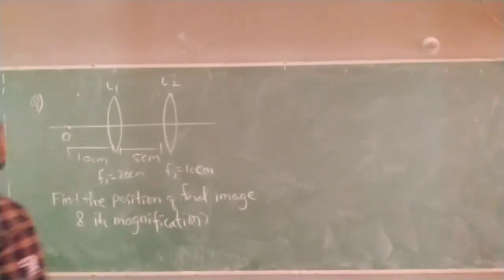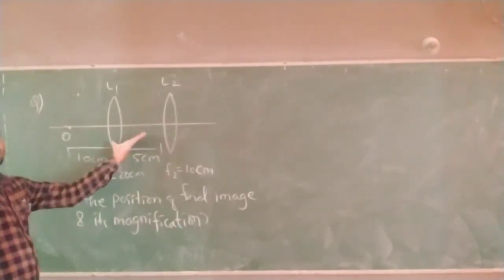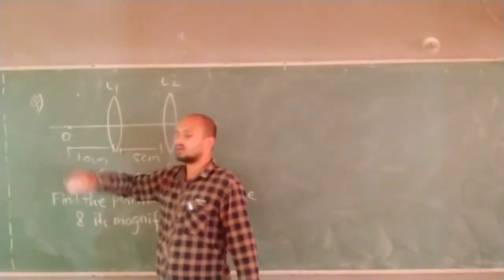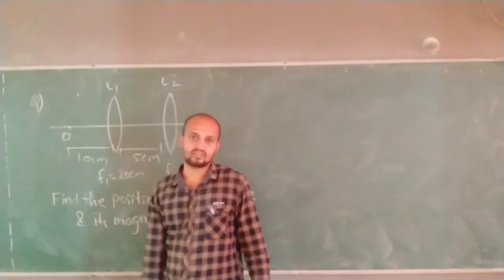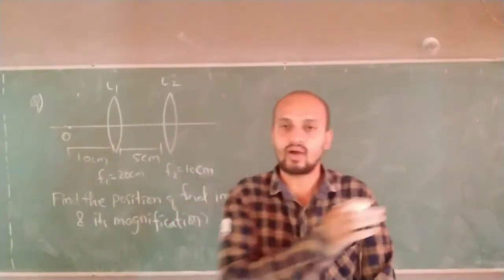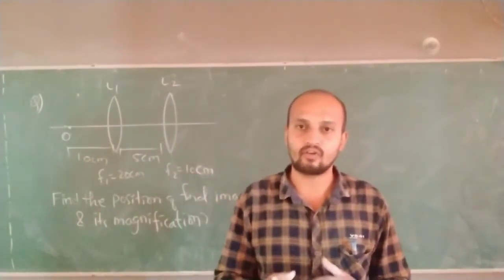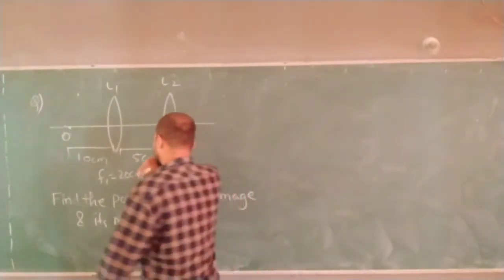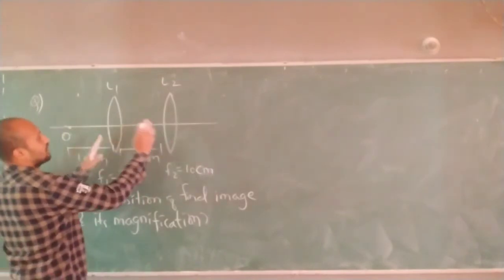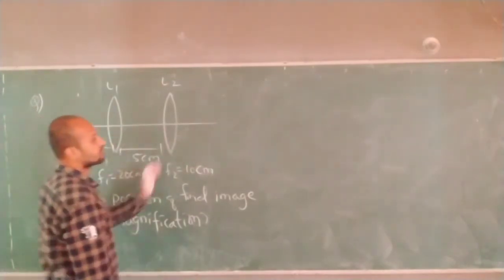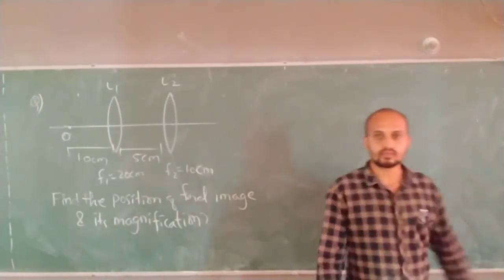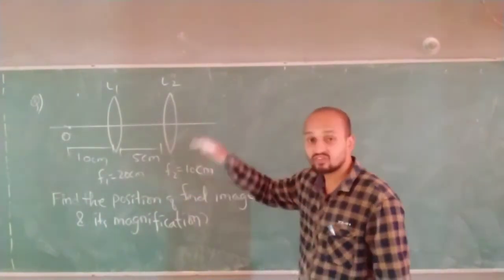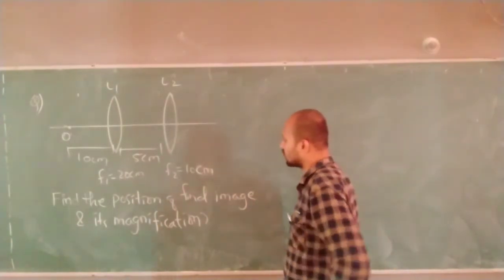Now see here. Two lenses are kept a distance d apart, and the object is at a finite distance. In this case you cannot use the equivalent focal length type of method. You have to go through it individually. So how to go about it individually? I'll apply the lens formula here and here. Then I will find the position of the final image and its complete magnification after passing through this.